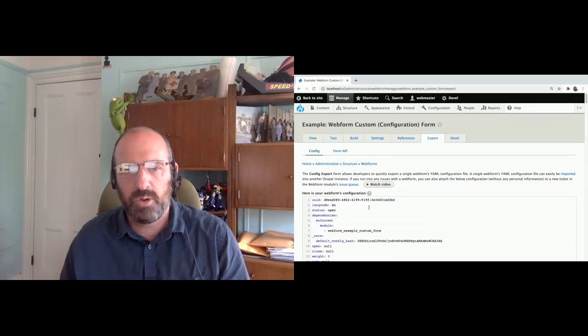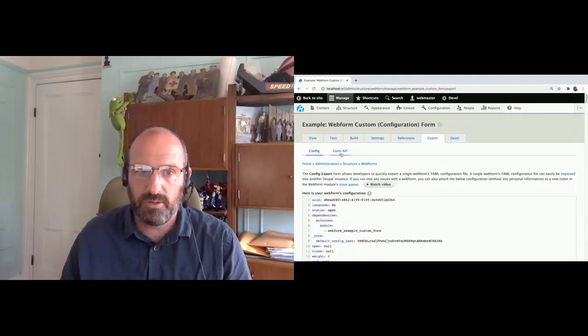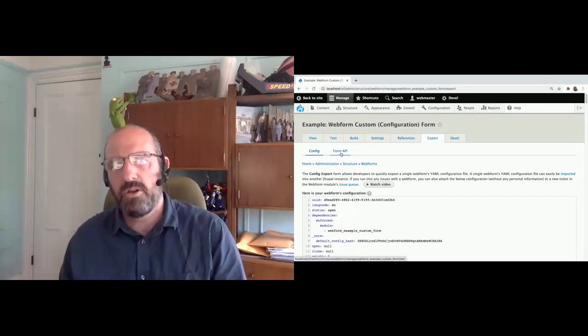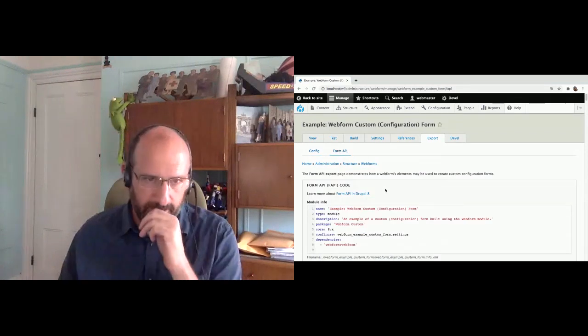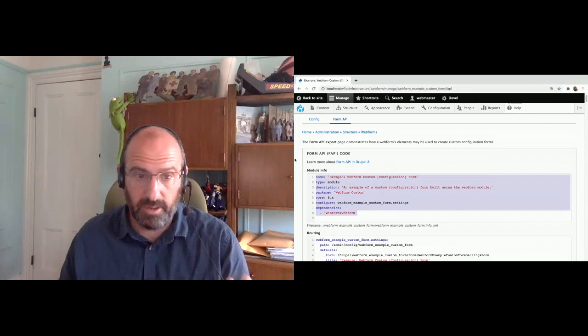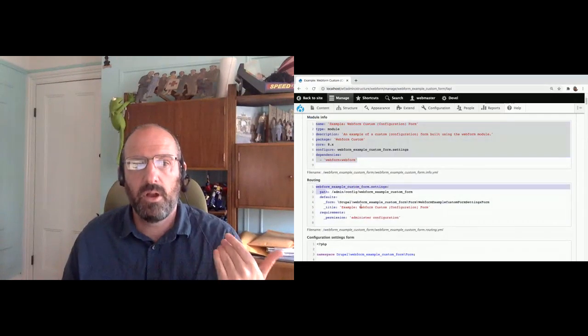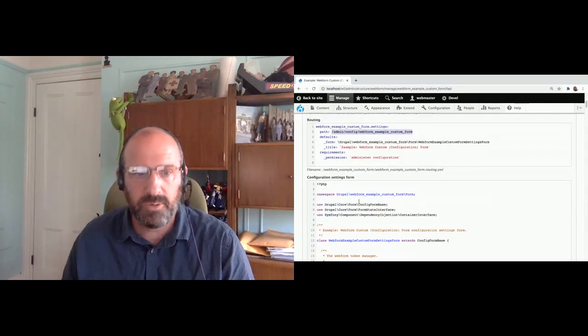And when I say export, this export is the configuration behind the form. This is Drupal's configuration management. But you can convert your web form to form API form. And what it's doing, it's a module generator. It's generating a module with a route, a path where you're creating an admin configuration form, and then it